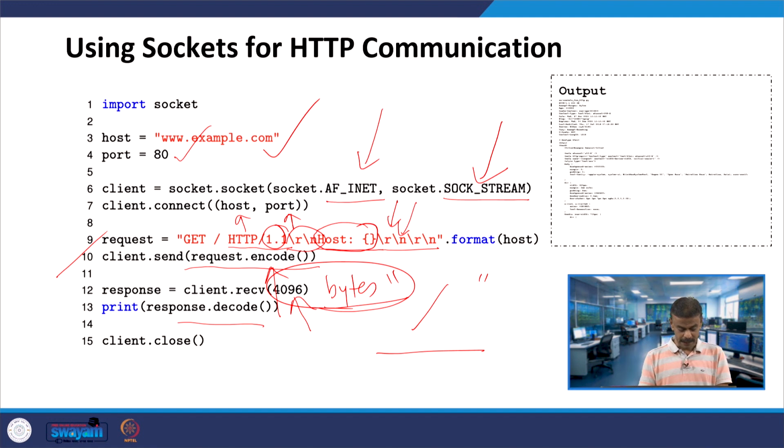The response will typically be the HTTP status line, which is nothing but HTTP/1.1 200 OK, something like that will be printed. So, the response is first the HTTP status line, and the second one is the response headers, such as content length. The third one is the actual HTML content of the web page.